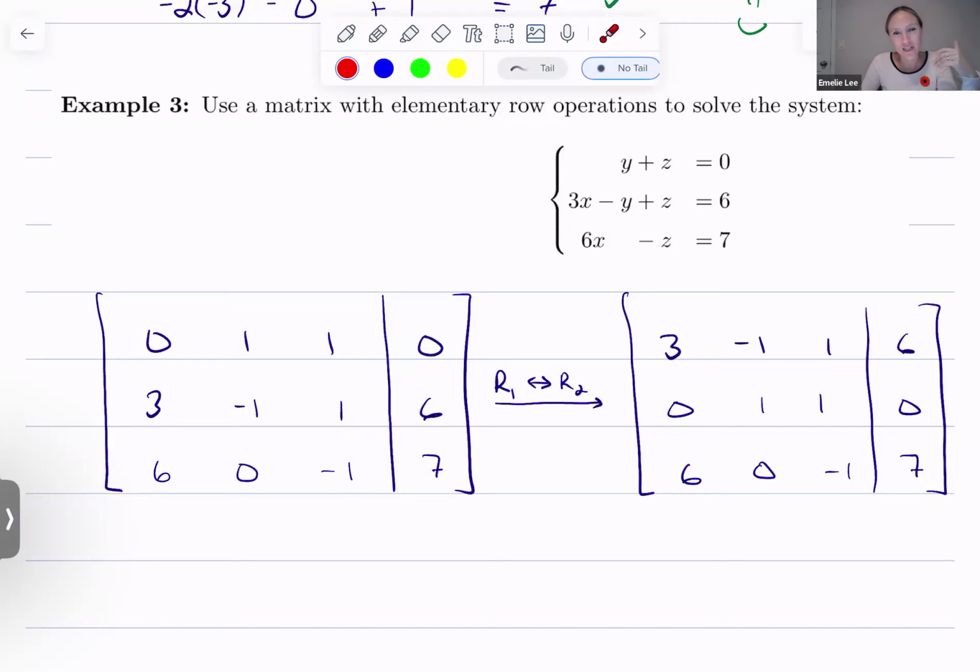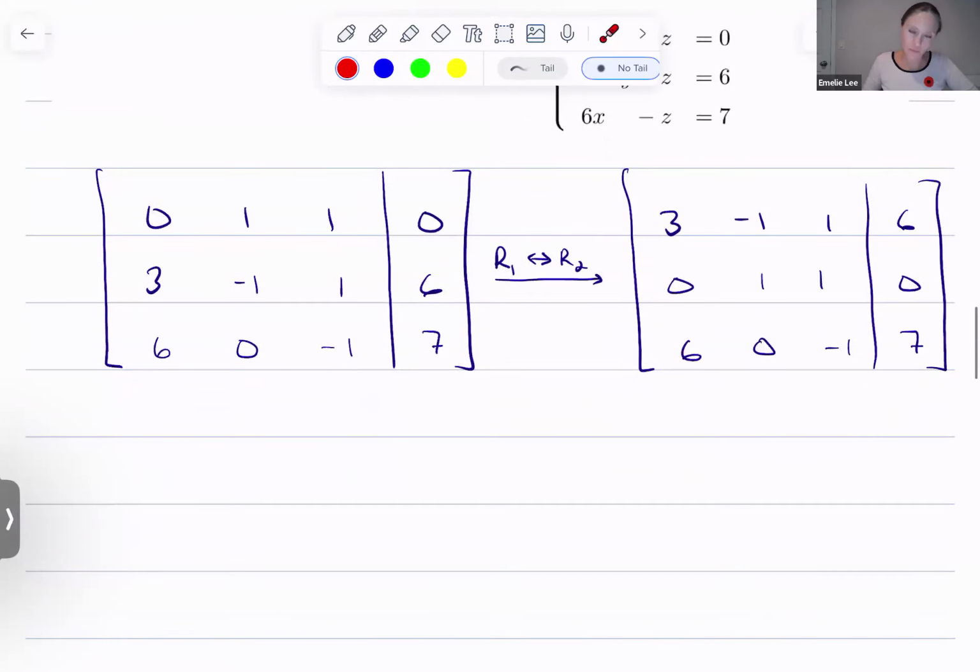That comes with practice, and if you don't see that right away, that's fine. But eventually, like I said, you're going to seek out shortcuts, right? But as long as you play by those 3 elementary row operations, you're allowed to do them in any order, and you're allowed to do whatever you want. Okay? So for me, kind of sneaky